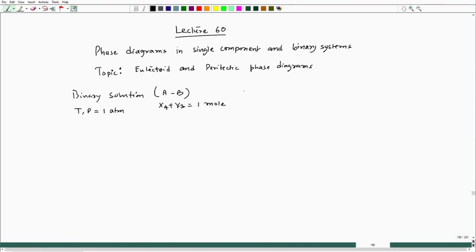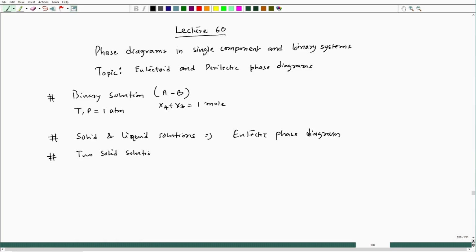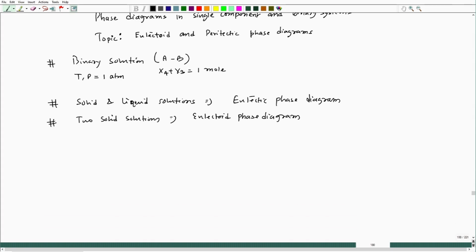Now, from there, when we have taken solid solution and liquid solutions, we got the eutectic phase diagram, and when we have taken two solid solutions, we have gotten the eutectoid phase diagram. So, if I try to draw the eutectoid phase diagram,